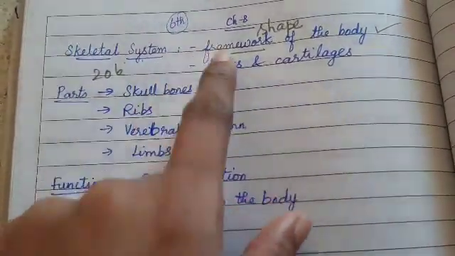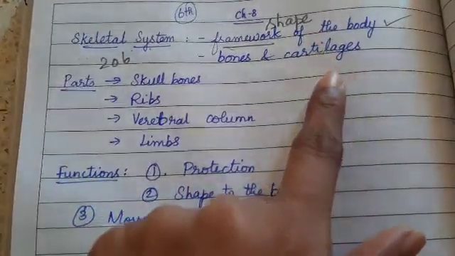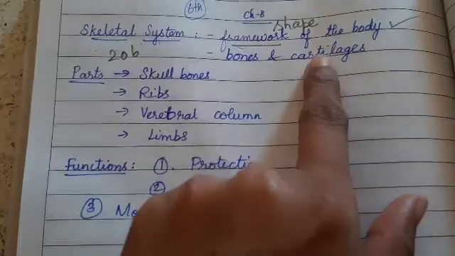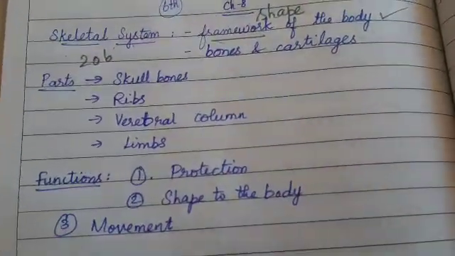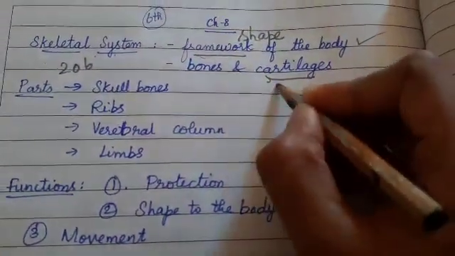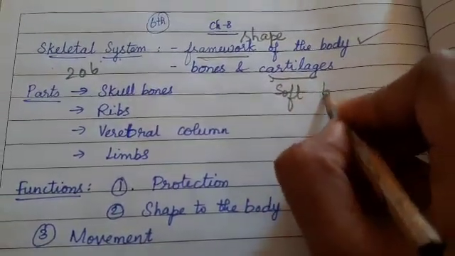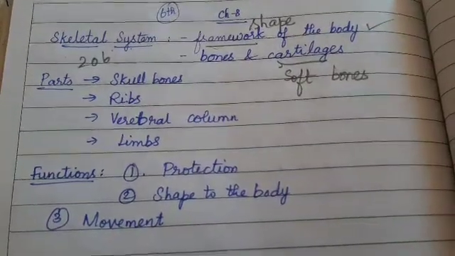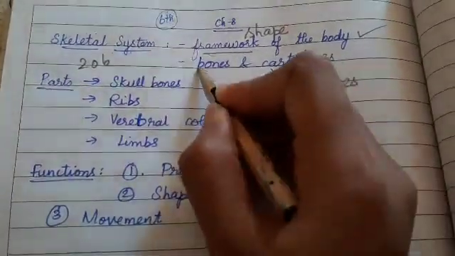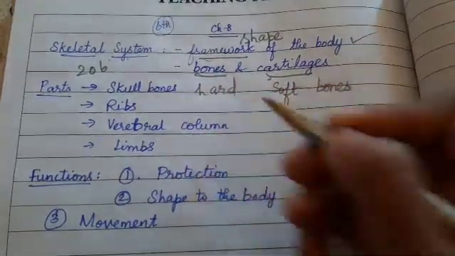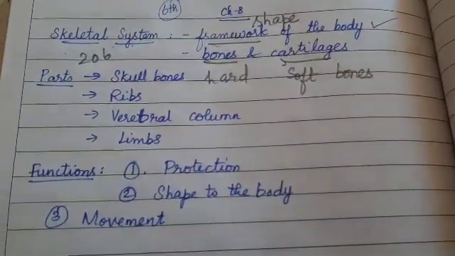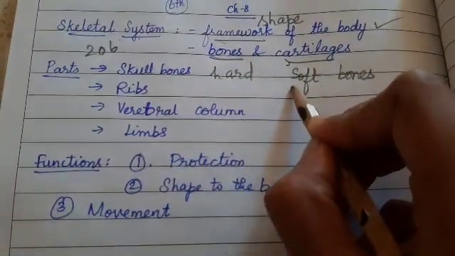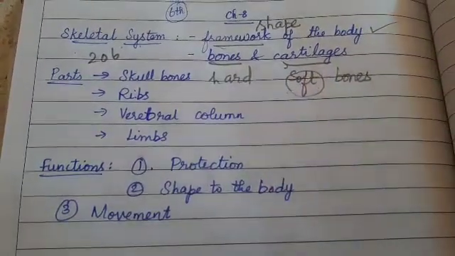So in the skeletal system, we'll learn about the bones, cartilages and the joints also. Already we discussed the joints. What is the meaning of cartilage? Cartilages means soft bones. Okay. So where do we see the soft bones in the body? Till now we learned that bones are the hardest part in the body which cannot be broken easily. Right? So among the bones there is a kind called cartilage which is soft.